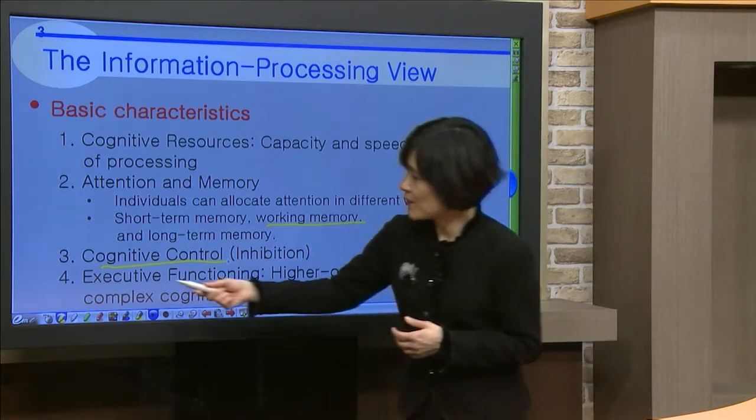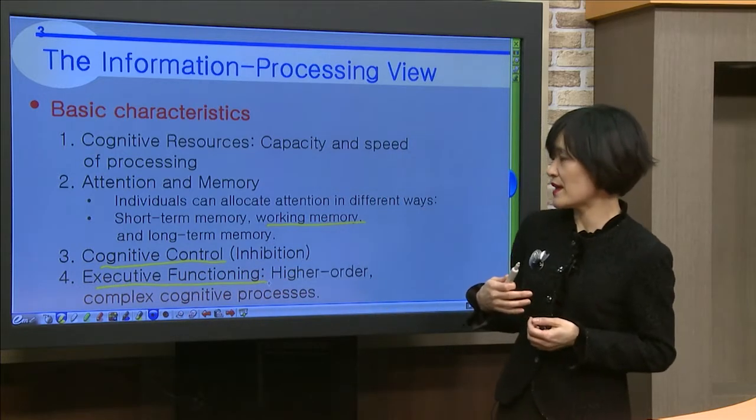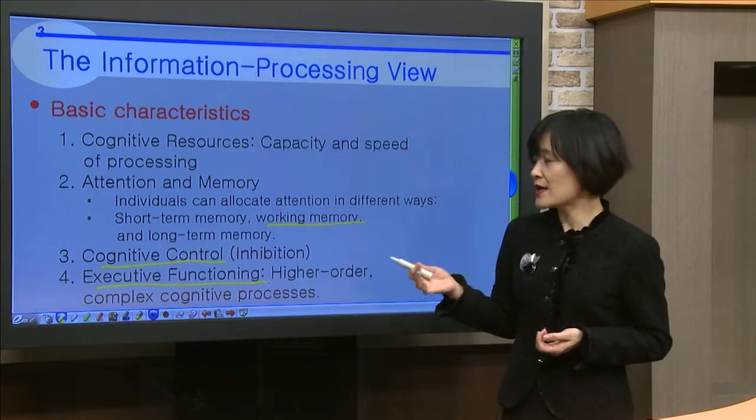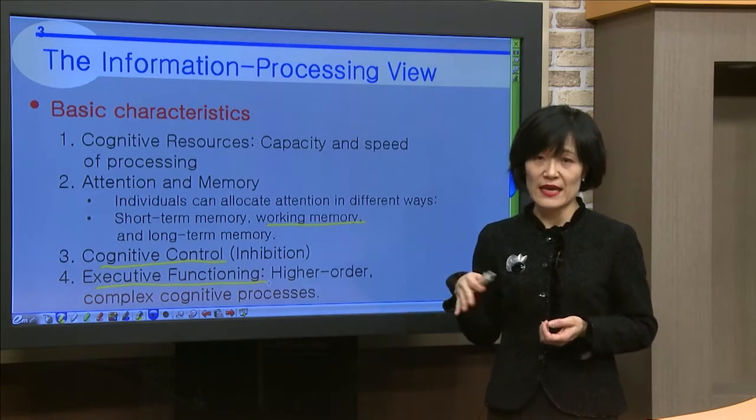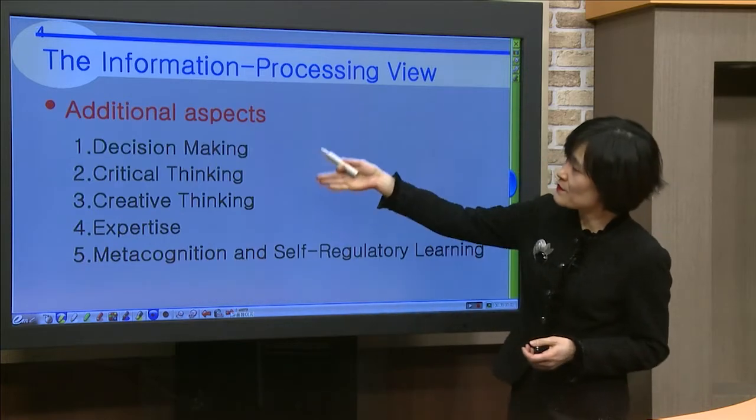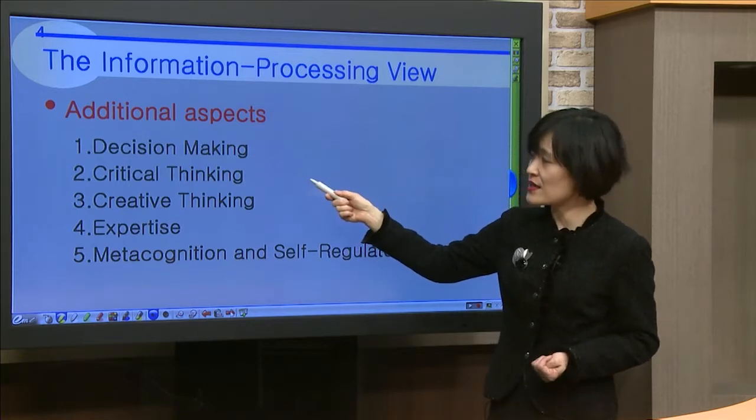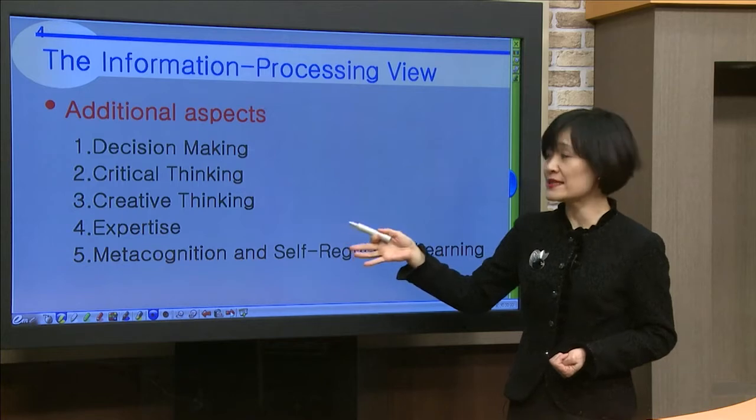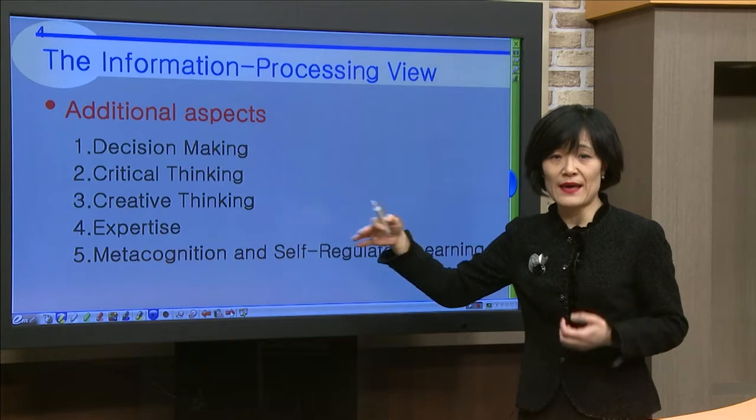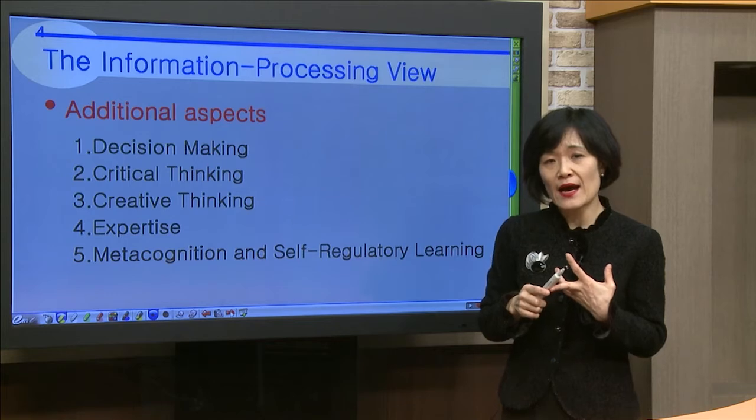And then another, more advanced cognitive function, we call executive functioning. Sometimes we call it the high order complex cognitive processes. And we are going to see those examples. So these are the more high order cognitive processes: decision making, critical thinking, creative thinking, expertise and metacognition. I want to focus more on these capabilities as characteristics of adolescence, because attention and memory and also